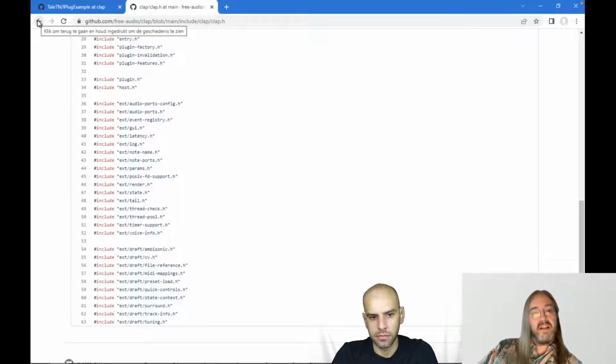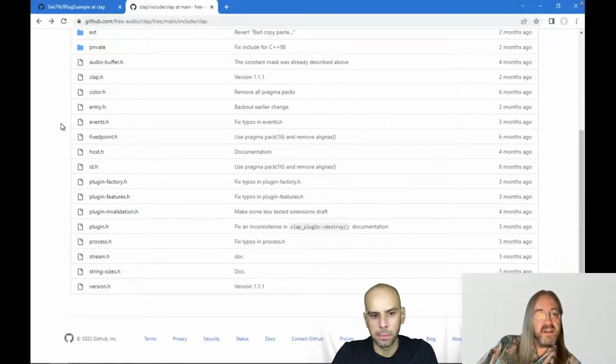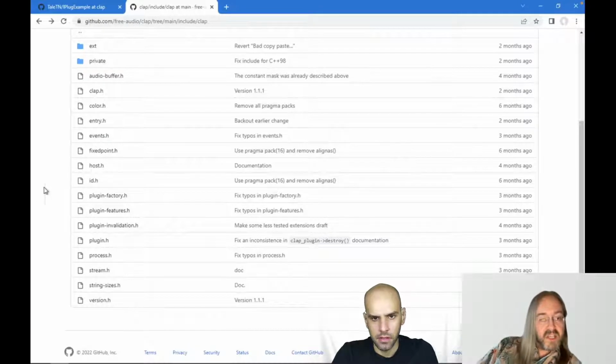And that's kind of nice, because that means in your plugin you only have to include clap.h, and that's it. And then you could use all of the extensions if you want, but you don't have to, because there's no code besides these headers, so that's another nice thing, yeah. So let's pick another one. Let's pick, I don't know, events.